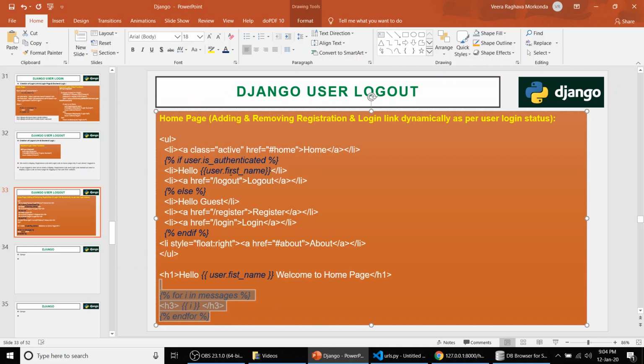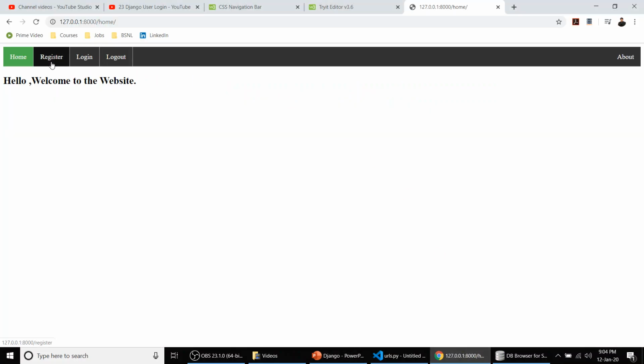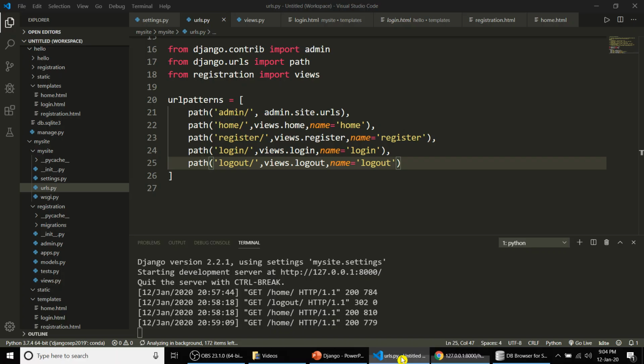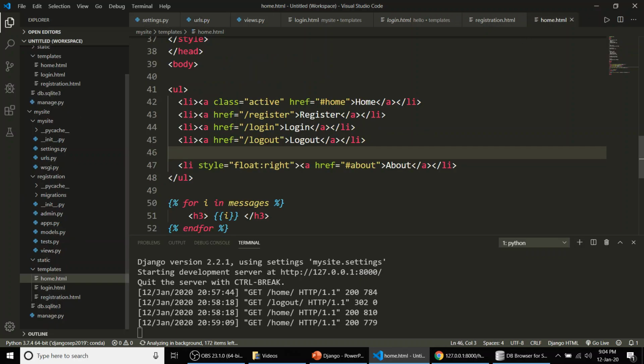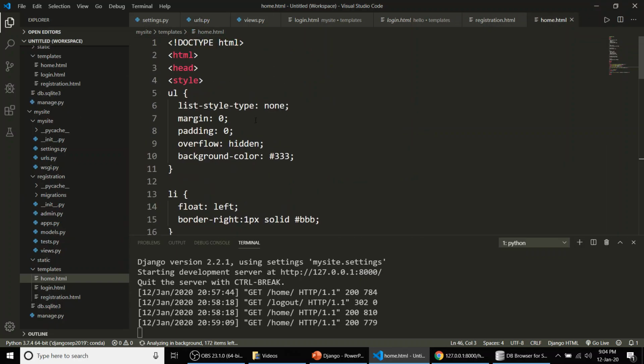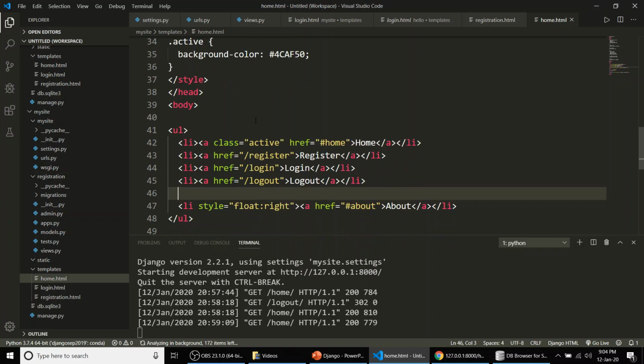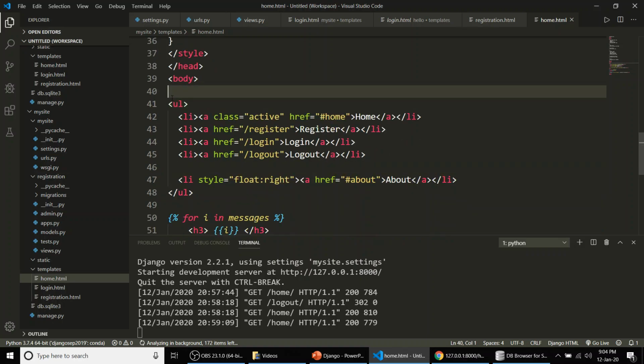So you need to concentrate here only, on dynamically adding and removing these three links based on the user login status. Now that functionality is not there, so we need to add it. Let us discuss. This is my home page. Here the list is there, no? So it is a list, and now we need to add